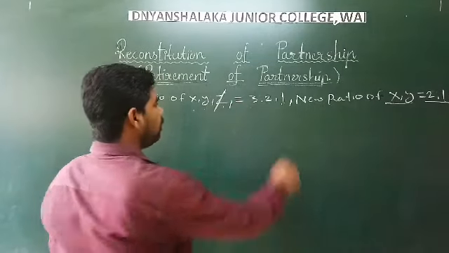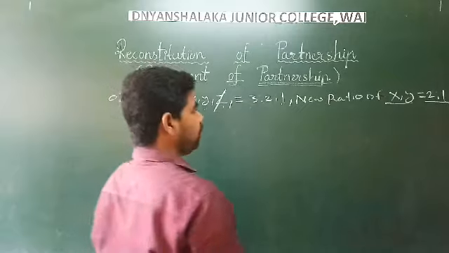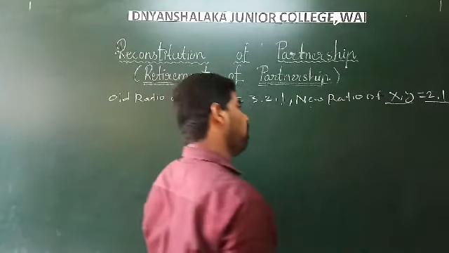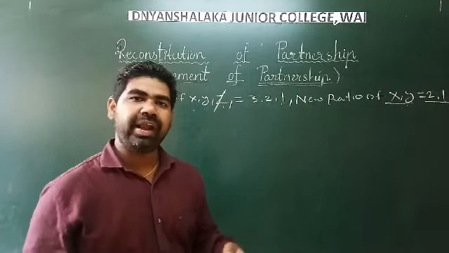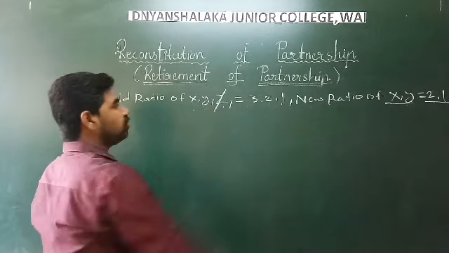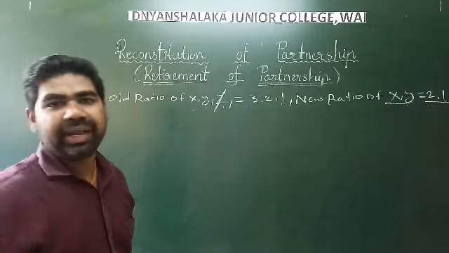So what is the old ratio, 3:2:1, and what is given in the extra information, new ratio is directly given, what is your new ratio, 2:1 of whom, X and Y. अगर X और Y का न्यू रेशियो 2:1 रहेगा तो डेफिनेटली उसका मीनिंग क्या हुआ कि Z जो है वो ऑटोमेटिकली टोटली हमारे बिजनेस में से रिटायर हुआ है, हमें ये